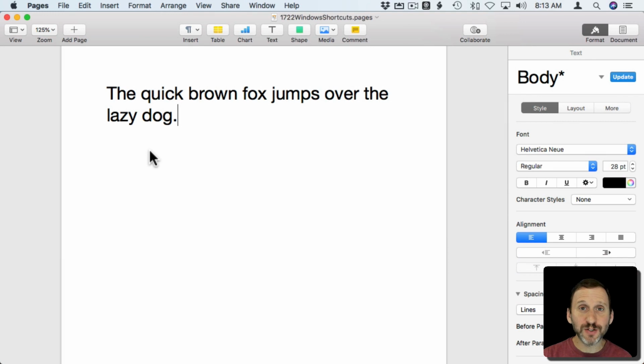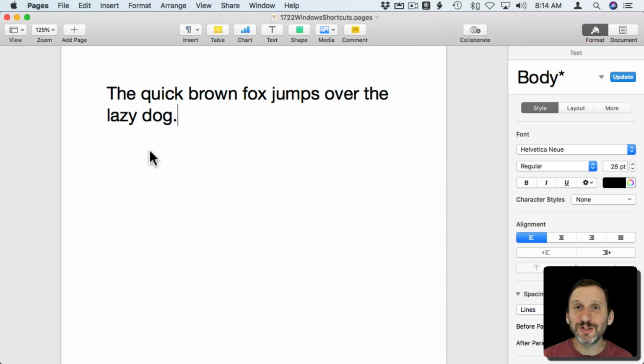So when users switch from Windows to Mac, one of the problems they have is adjusting to the new keyboard shortcuts. Mac has some different keyboard shortcuts than Windows. They're similar though, which sometimes makes it even more difficult because the differences are subtle. For instance, let's start by looking at the basics of copy, cut, and paste.